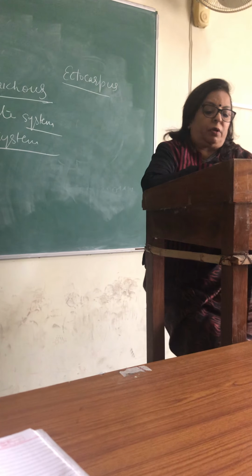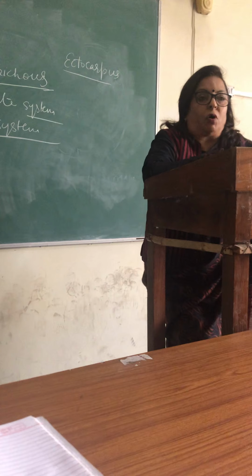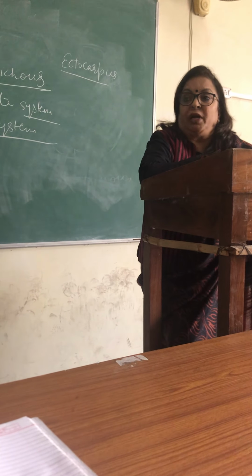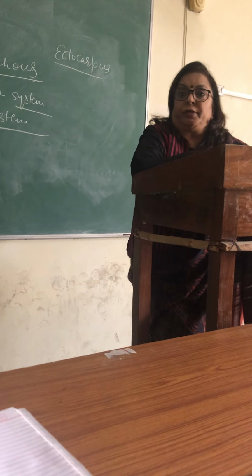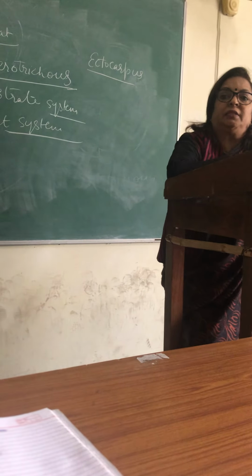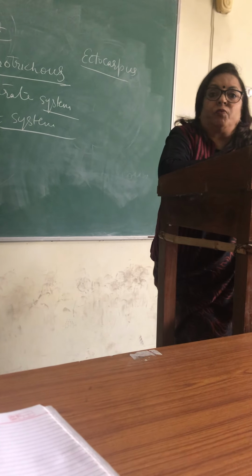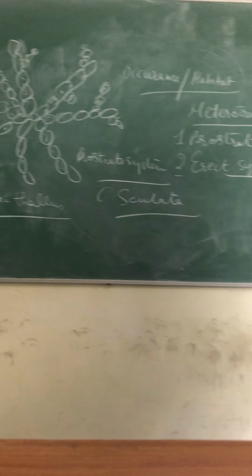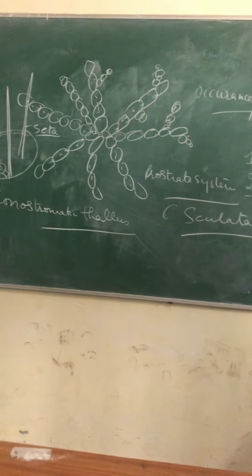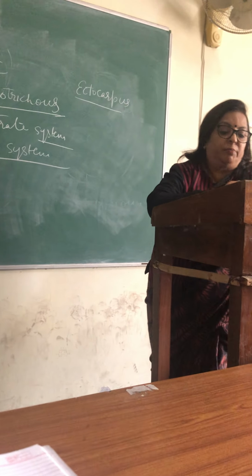So we can say, as you can see over here, if we talk about monostromatic thallus, that the cells or the filaments are losing their entity. In the above we can see the filament, we can see the cells, but when we are talking about the circular thallus, then we are not seeing the individual filament in it. So that means they are losing their entity and all the filaments are not easily recognizable.